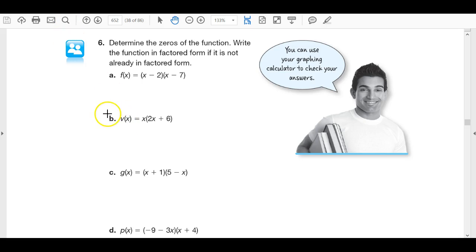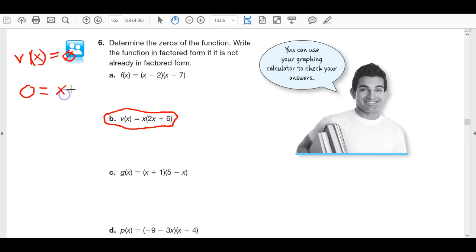So we're talking about finding zeros, and the term zeros we know also means the x-intercept. And really, when we talk about a zero, what we mean is that the function equals 0. So when v of x, we're trying to find out for what value will v of x be equal to 0. So what we do is we know we're trying to find out when will this equal 0. You just put a 0 in instead of v of x, right? So 0 over here is equal to